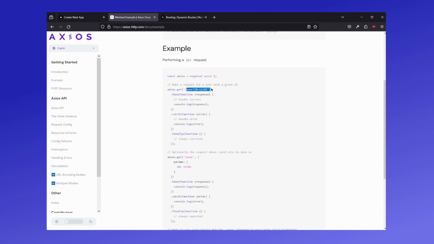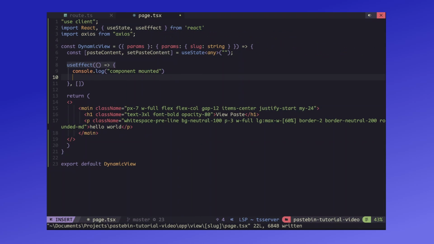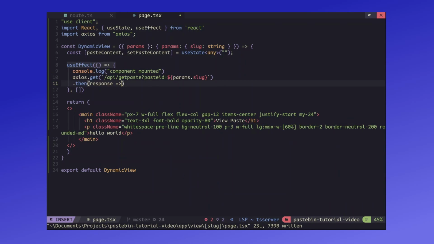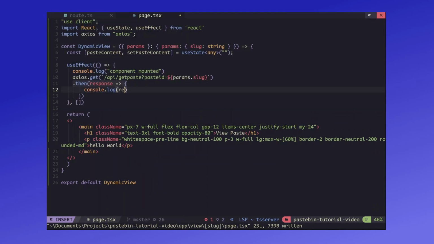but it's pretty simple. You just go to the URL, and then you can have like a question mark for your parameters. So I'm just gonna do axios.get, and I'm using backticks over here, /API/getPaste, and pasteId equals my params.slug, like this, then .then response console.log response,